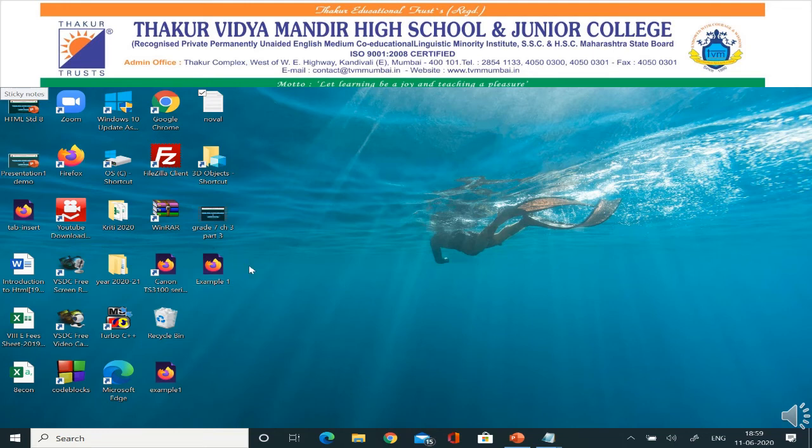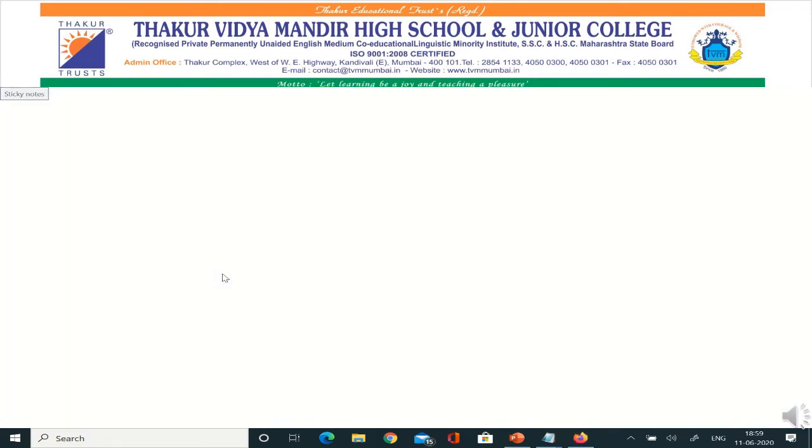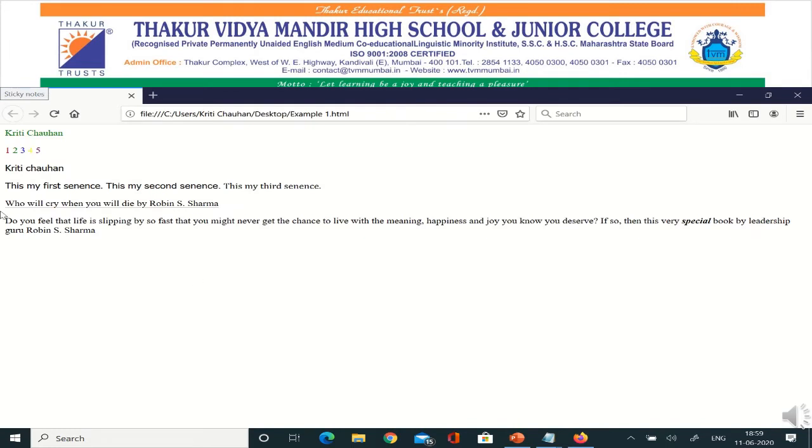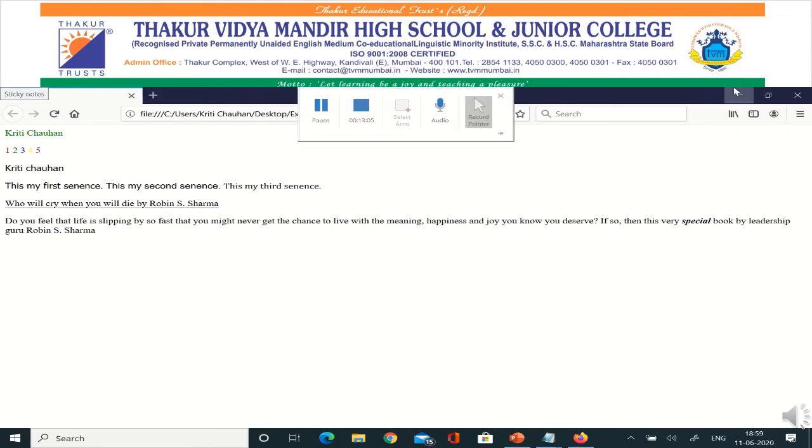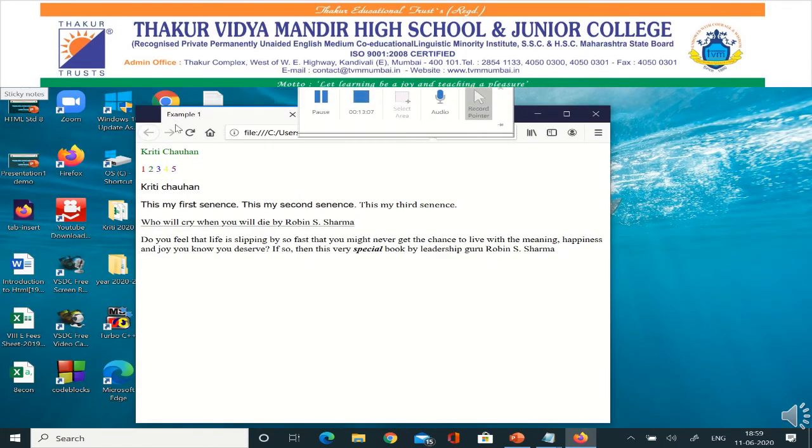This is the name of my file. How to know that your file is properly constructed? Looking at the logo, it's a browser logo. That means your file is properly designed. Now you just have to double click your file. As soon as you double click, you will see the entire content on the web browser.